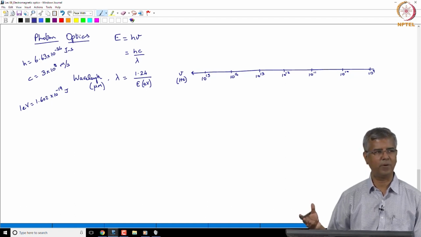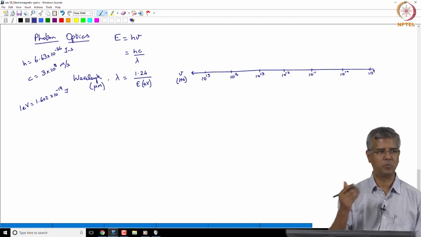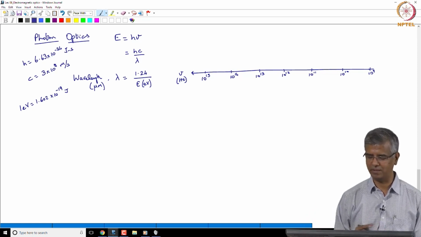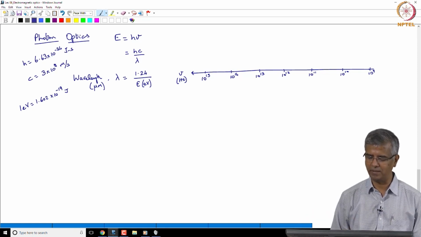What is happening around 10 power 9 hertz? Around a gigahertz? Your mobile communication, right? That has a carrier frequency of 10 power 9 hertz,